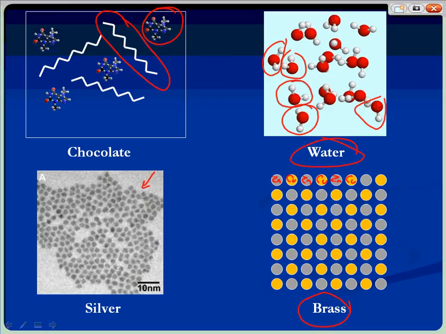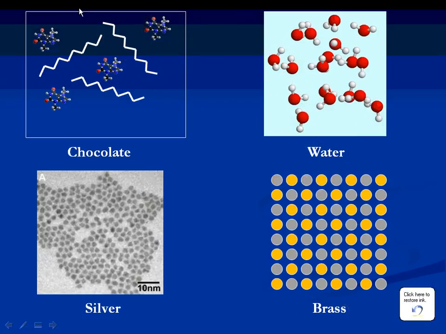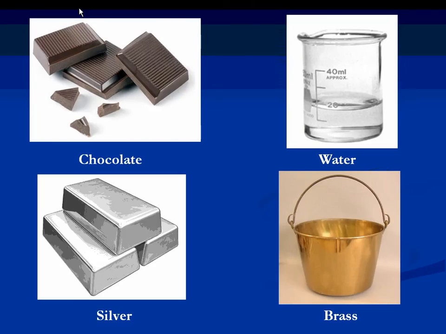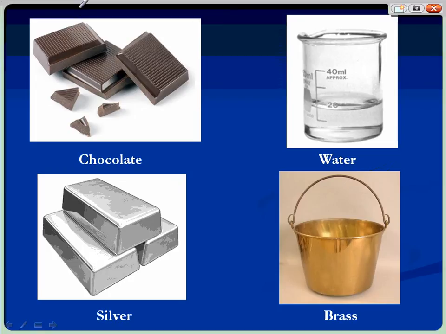So let's summarize by going back to the last slide. Chocolate doesn't really look like a mixture if you look at the chocolate bar. Yeah, there's the chocolate bar. It doesn't really look like a mixture, but it is a mixture because it's made of more than one kind of molecule. Water doesn't look like a mixture either, and it's not. It's a pure substance. Even though it has different elements in it, those elements are in water molecules, which are now defined as the piece that makes up water. Silver bars contain silver atoms, so that's pure as well. So pure,